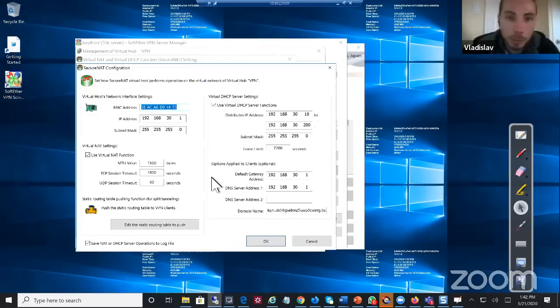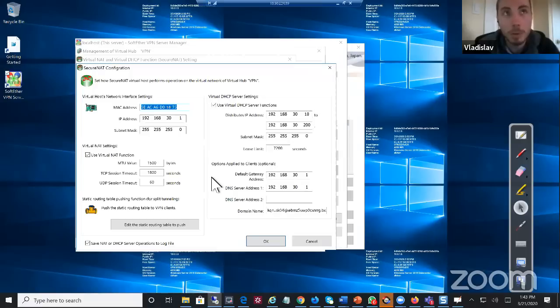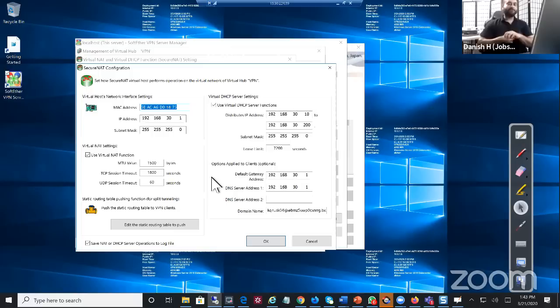Because you have a distributed IP address. It's DHCP giving you this address, but you still could use 254 addresses. You could use it, but a lot of people don't do this because you want to keep a little bit more of a documentation purpose. So a lot of people say 10 to 20 is servers or 10 to 40 are servers. So you do this for learning purposes, documentation purposes, and to identify IP addresses